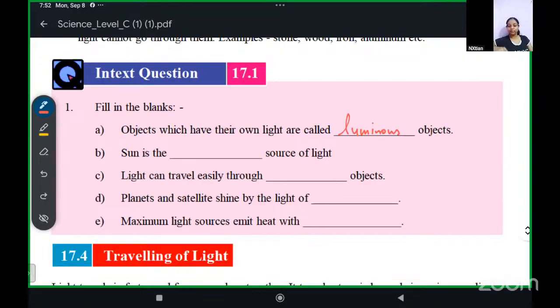Sun is a source of light. Natural source of light. Light can travel easily through dash objects. Transparent. Through transparent objects. Planets and satellites shine by the light of